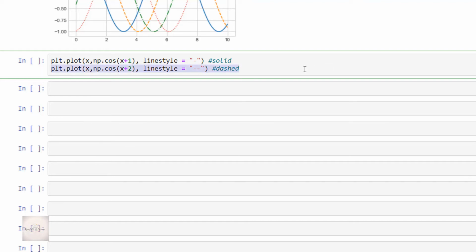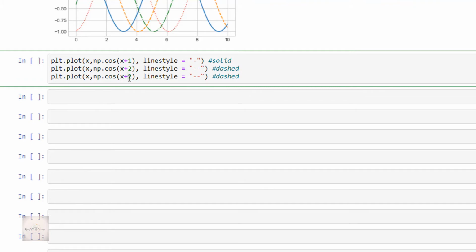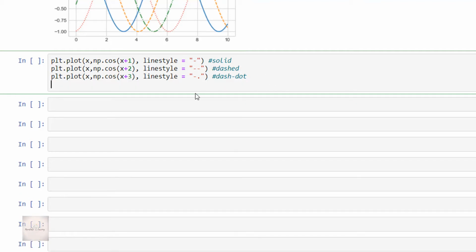Now it will be like plt.plot of x comma np.cos of x plus 3, then linestyle is equal to dash dot. Here I'm using hyphen with a dot to get a dash dot wave. Next, plt.plot of x comma np.cos of x plus 4, and here linestyle is equal to colon.